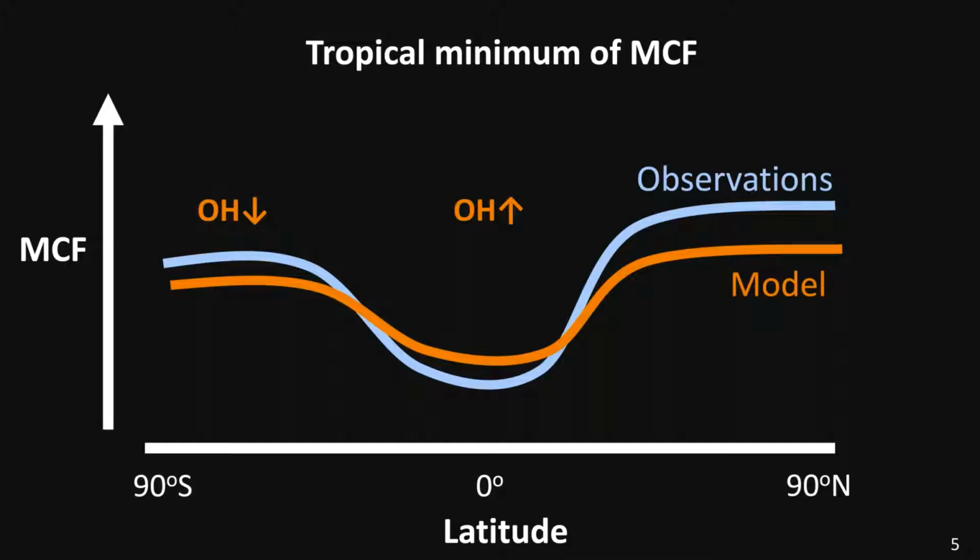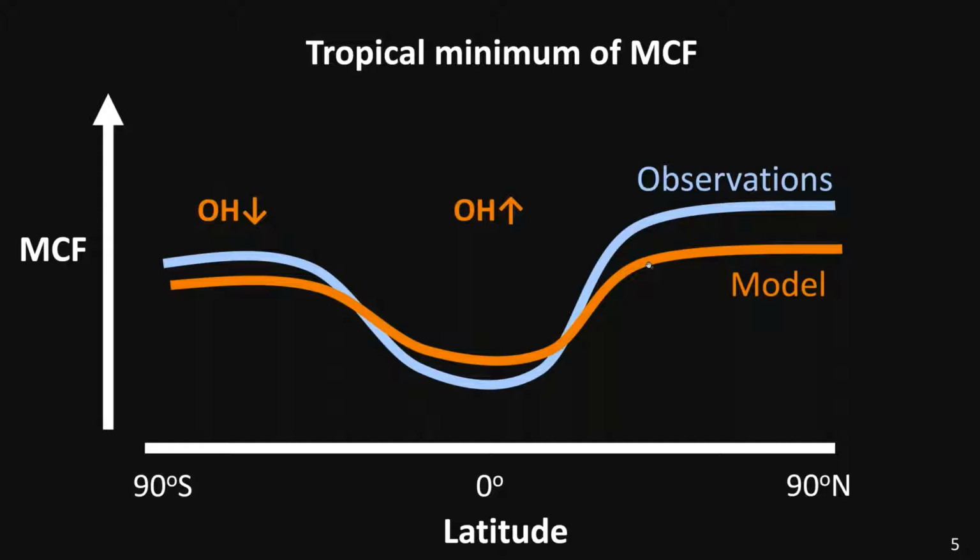While we cannot really out of hand exclude this as an explanation, the problem with this is that I've shown before the adjustments in OH are about 30%, and they still do not quite explain this bias, this underestimate of the tropical minimum. So we need adjustments in OH of about 60 to 80%, which seems a bit large. I mean, the OH distribution is uncertain, but I'm not sure that it's that uncertain.